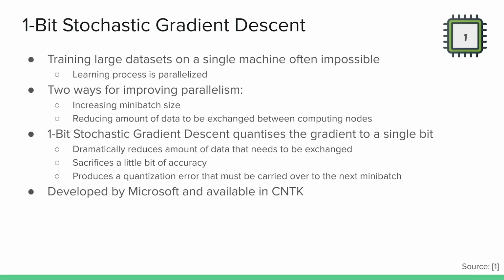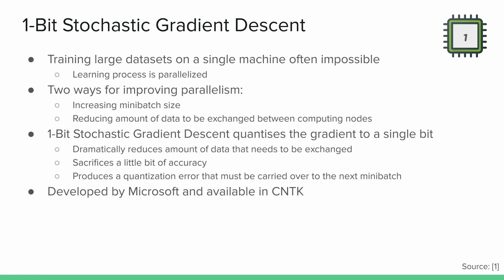This begs the question: if we can go from 32 to 16, or with TPU potentially even to just 8-bit for our gradient or for our tensors, can we reduce it even further? The answer is yes, we can. There is an approach called 1-bit stochastic gradient descent, where we're actually trying to reduce the size to just 1 bit. What happens is that when we're training large data sets on a single machine, that's rarely possible,